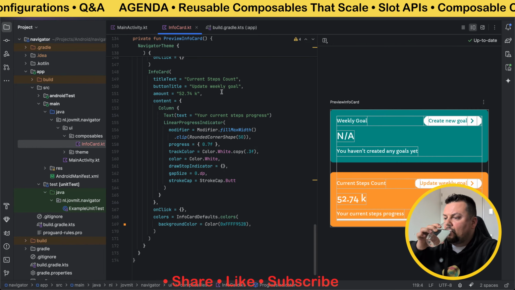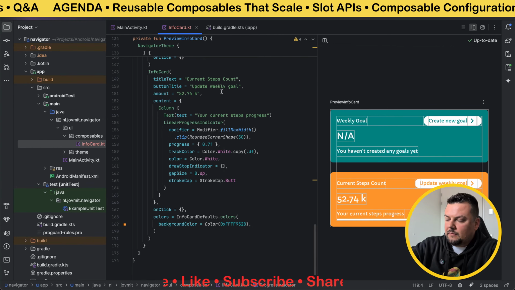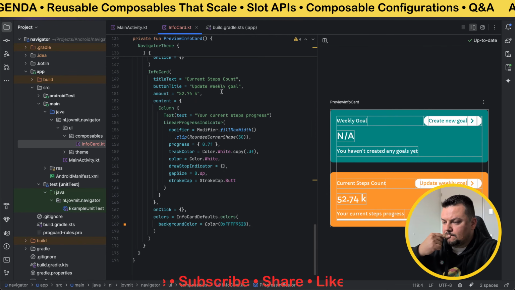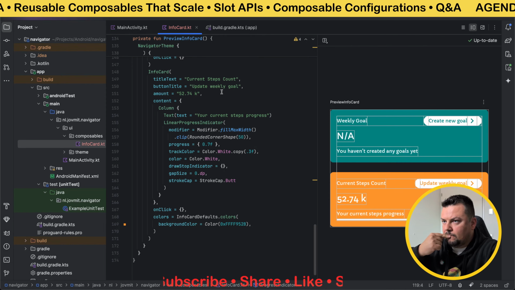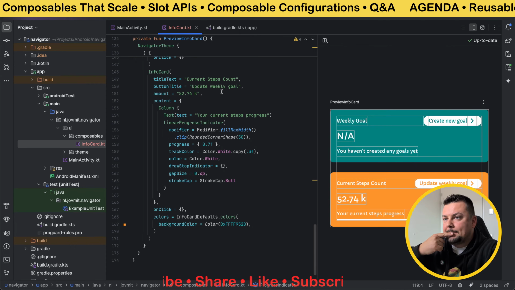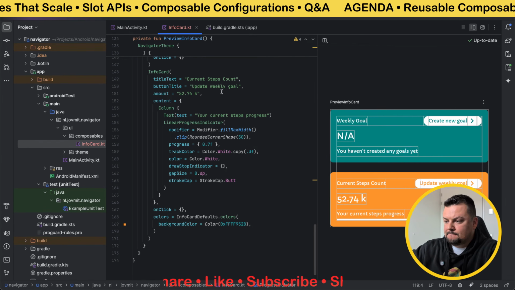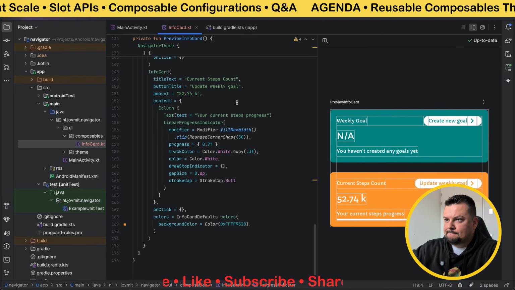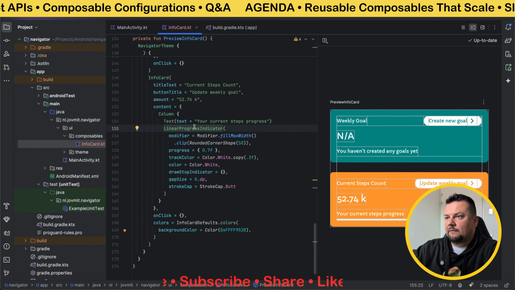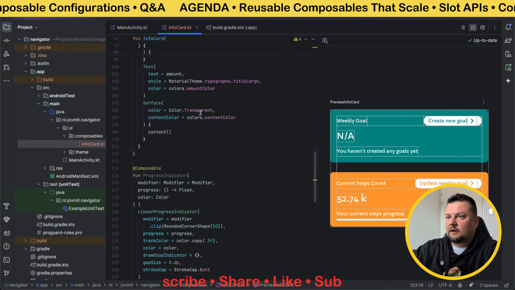is it possible for the content composable, the slot API you passed in earlier, to take parameters or arguments? Is that a possibility? I'm not sure. What do you mean? Okay, again, because we might be building this application such that the progress indicator changes. Yeah, then the progress will come from your state. So basically here,